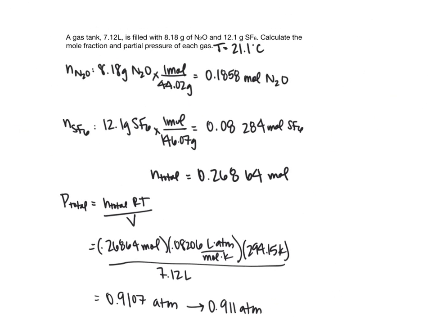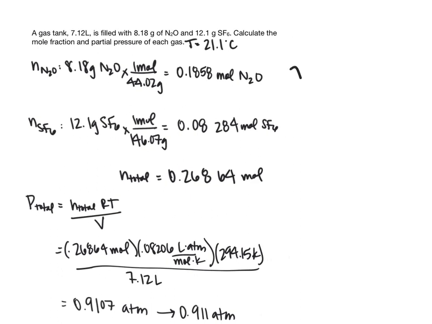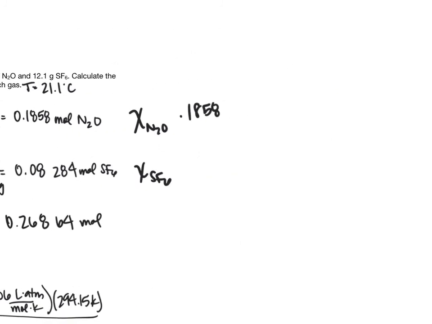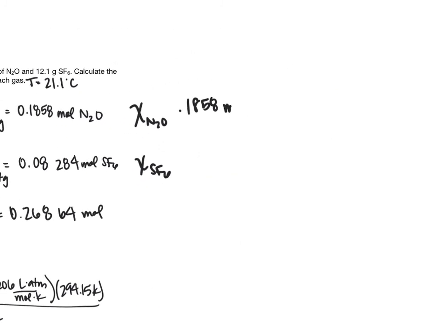Now we're going to be able to calculate chi of N2O and chi of SF6 because we're asked for the mole fractions. Chi of N2O is 0.1858 moles divided by your total moles of 0.26864, which is going to give you 0.6916. For SF6, it's 0.08284 divided by 0.26864,